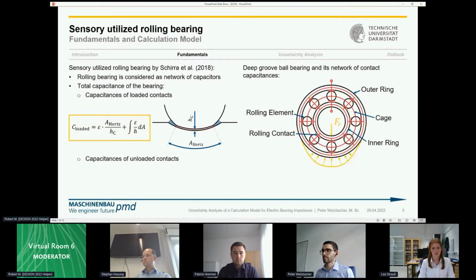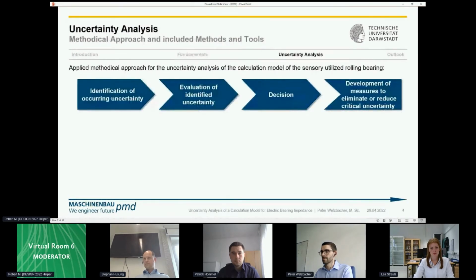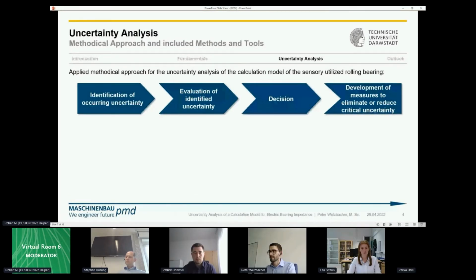The description of their capacitances is quite complicated since they depend not only on the overall displacement of the inner ring, but also their position within the bearing and many other factors. As a result, the overall correlation of load and capacitance of the bearing, and thus the calculation model, includes a multitude of input parameters, domains, and dependencies, which makes it not only quite complex and nonlinear, but also susceptible to uncertainty. The methodical approach we applied for the uncertainty analysis of the calculation model of the sensory utilized rolling bearing